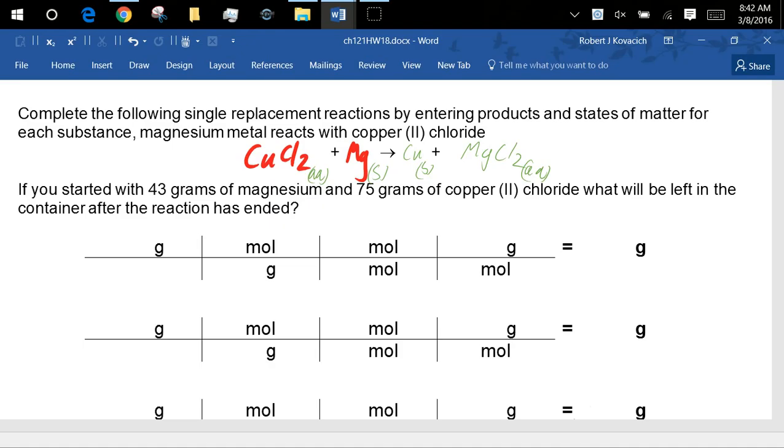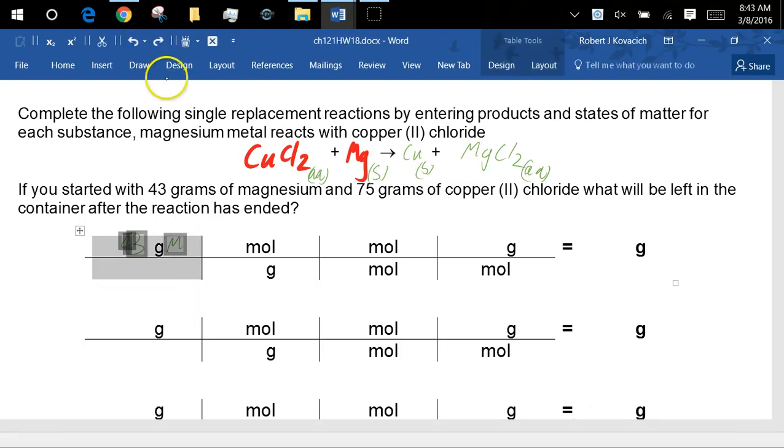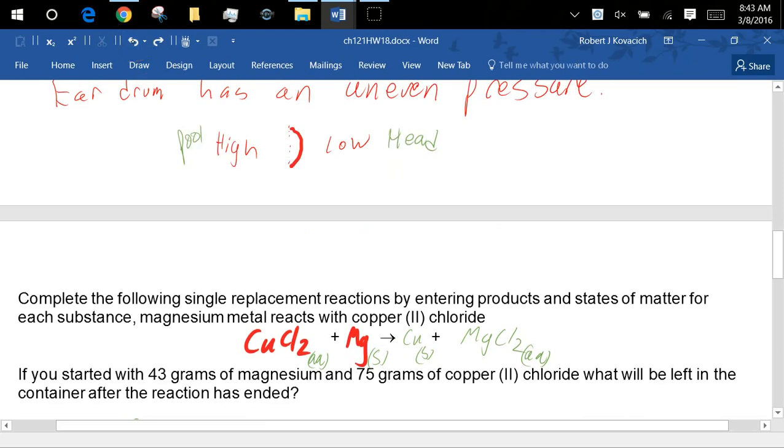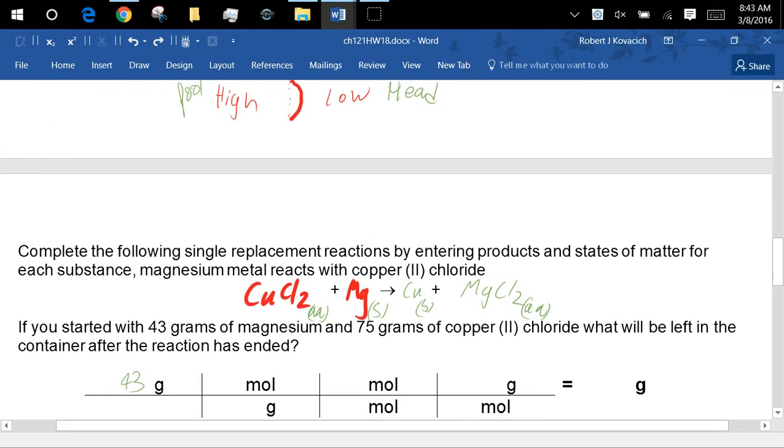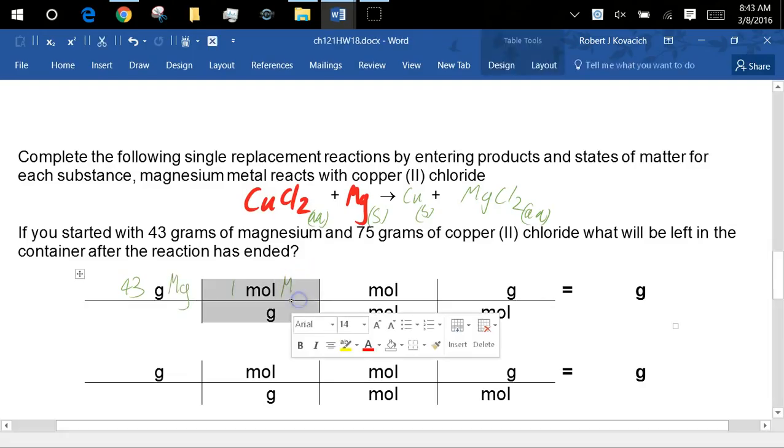I want to figure out what's going to be left in this container. So I'll just start off with 43 grams of magnesium. And for every 1 mole of magnesium,